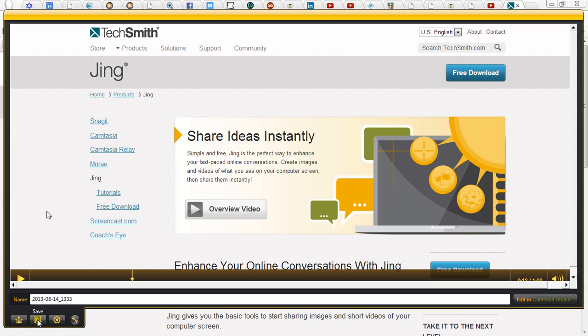Or you can do a save, and it will save the file. But again, it's going to save it to an extension that, unless you have Camtasia, I believe you won't be able to do much with it unless you have some other software that can convert. Or you can cancel, or you can customize some stuff. But anyways, for the sake of this, since most people may not have Camtasia, because if you had Camtasia, basically you would use it to do the same thing we're doing in Jing, so it's kind of bizarre. But anyways, so I'm going to say share via